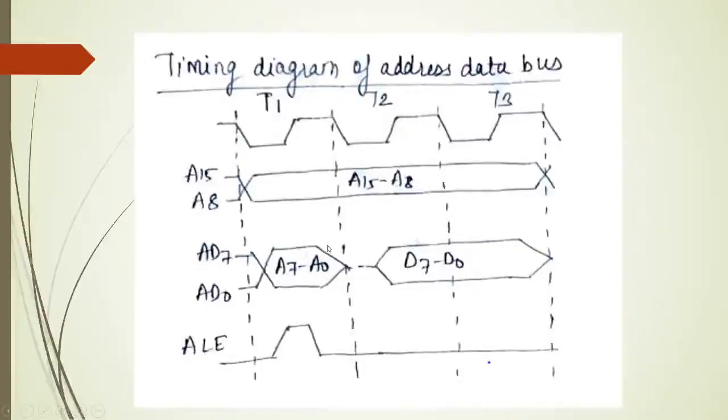Now in this case, what is happening? We are providing the ALE signal, and ALE will latch your address. It means it will store your address. So even if you transfer data onto AD7 to AD0, it is not going to affect A7 to A0. Your address is safe and your data is also safe. So if you want to latch your A7 to A0, you have to provide ALE. ALE means address latch enable. And during the second and third clock cycles, ALE is 0.